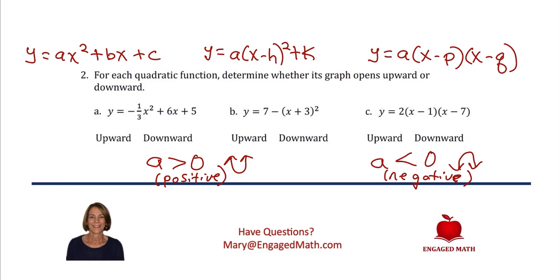So we are looking at quadratic functions, which we already know are functions where the highest degree term is an x squared. So in each one of the forms at the top of the problem, you will see that there is really going to be an x squared. It might be hard to see, but if you were to multiply it out, the highest degree term would give you an x squared. You can also, by the way, find these three forms on the inside back cover of your Engage Math